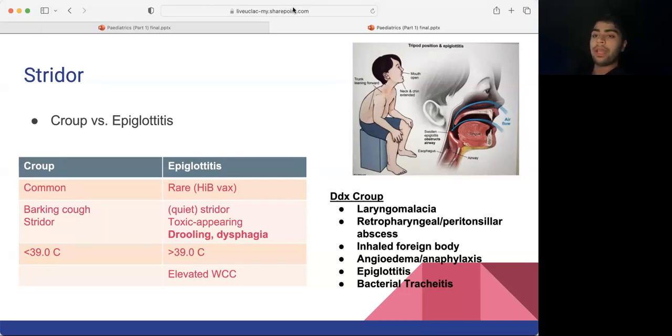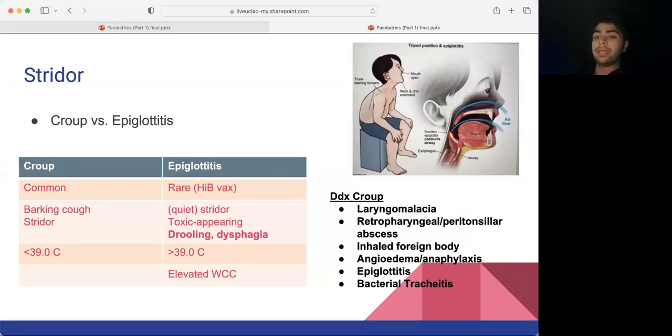And the reason it's quite rare now is because of the vaccination program. So you're very unlikely to see this in your placements. Whereas by comparison, you'll see at least one or a few cases of croup during the 6 weeks. And the way that the two differ, particularly because croup is a viral infection, it has a lower grade fever, so usually below 39, whereas epiglottitis is a bacterial infection, so has a higher fever above 39 degrees,